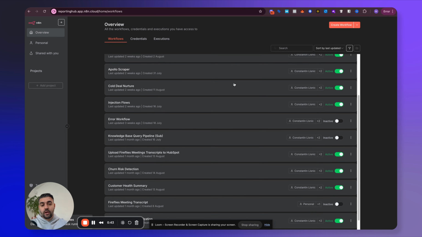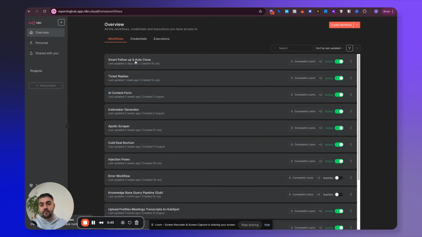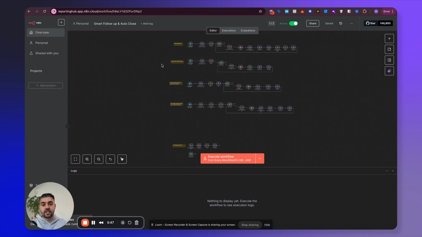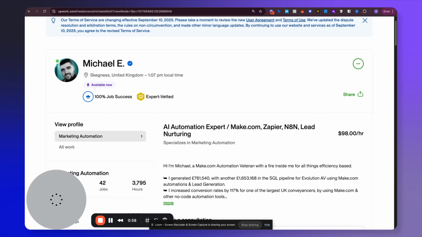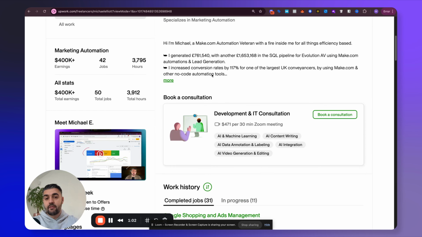Literally this would be unlimited, so there's no point in me really going through all of them, but my technical understanding is extremely high. I can build complex flows with sub workflows attached using the code node to be able to create custom code in order to manipulate data. And I'm a top 1% Upwork professional with nearly 500,000 in earnings on the platform.